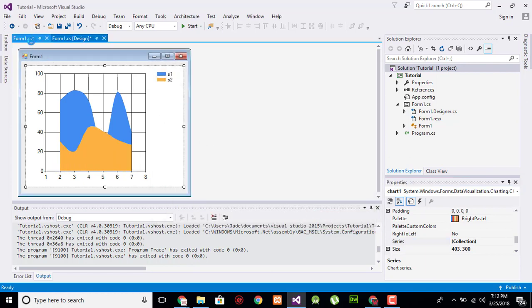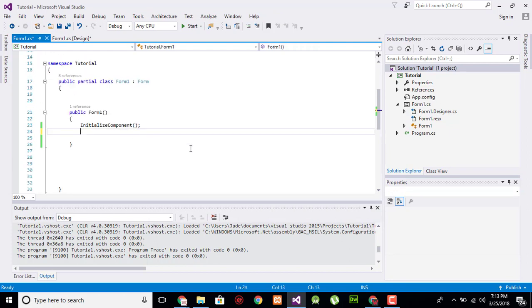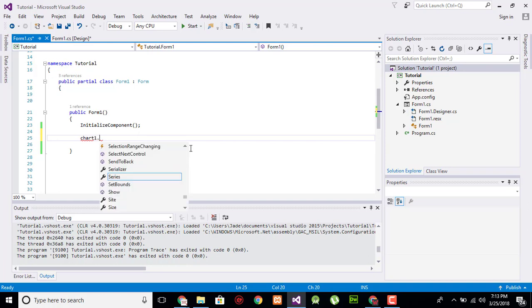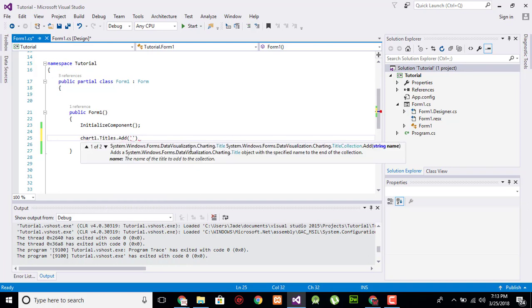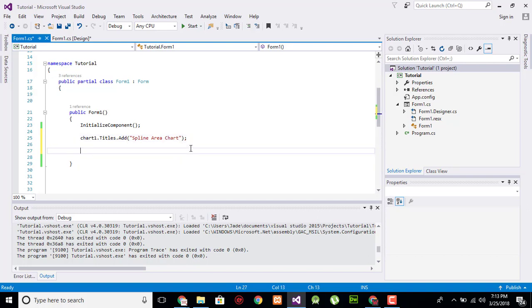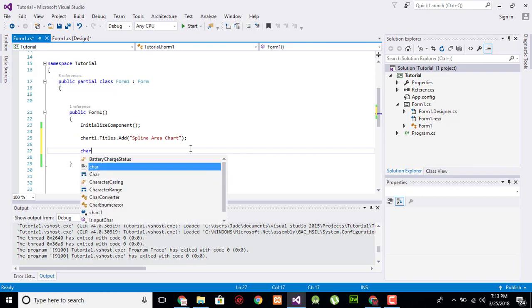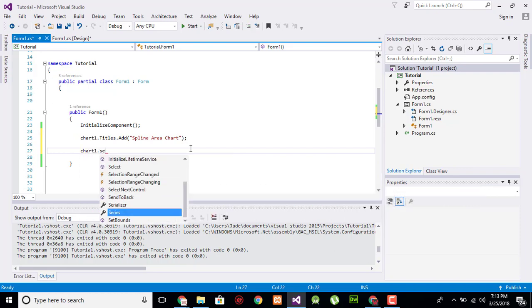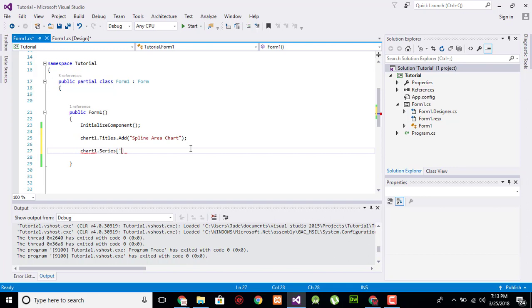Okay, now go to the backend and first we will add the title of the chart. So chart.titles.add, and in parentheses enclosed in double quotation write the name of the chart, which is Spline area chart. Okay, now we will add the series as chart1.series double quotation